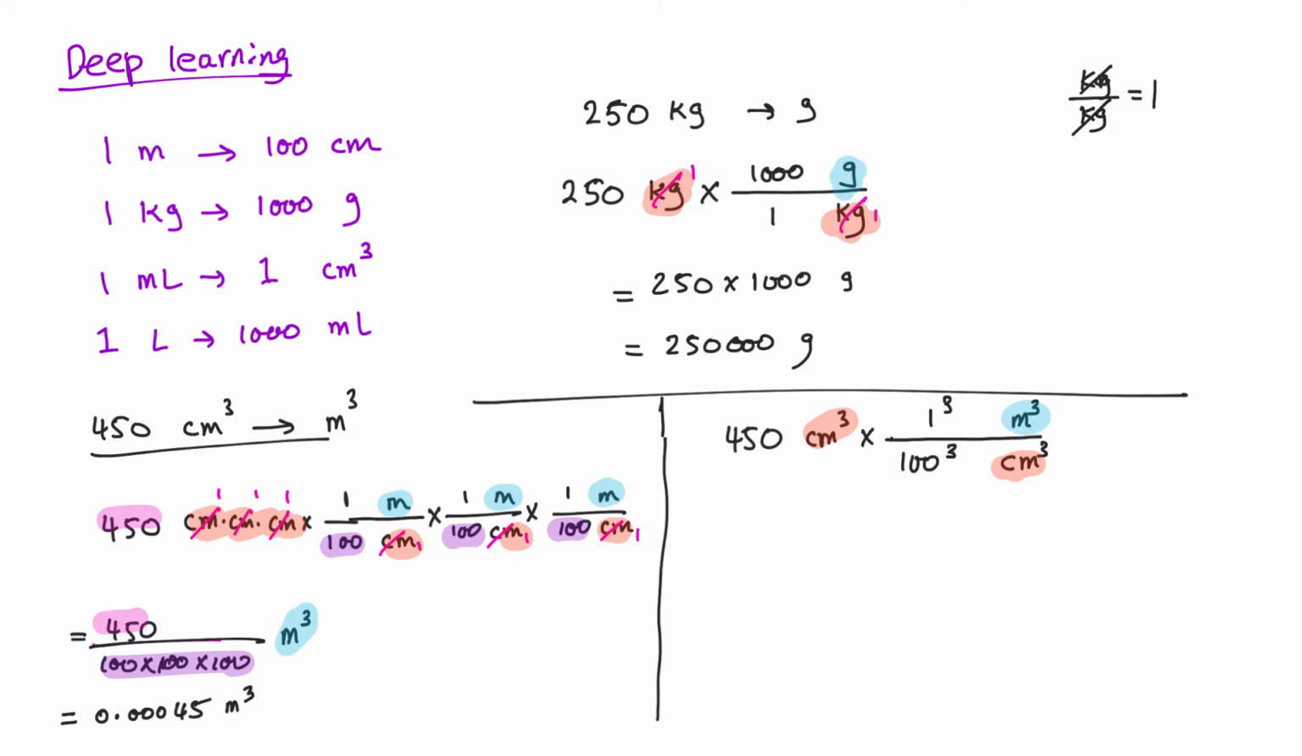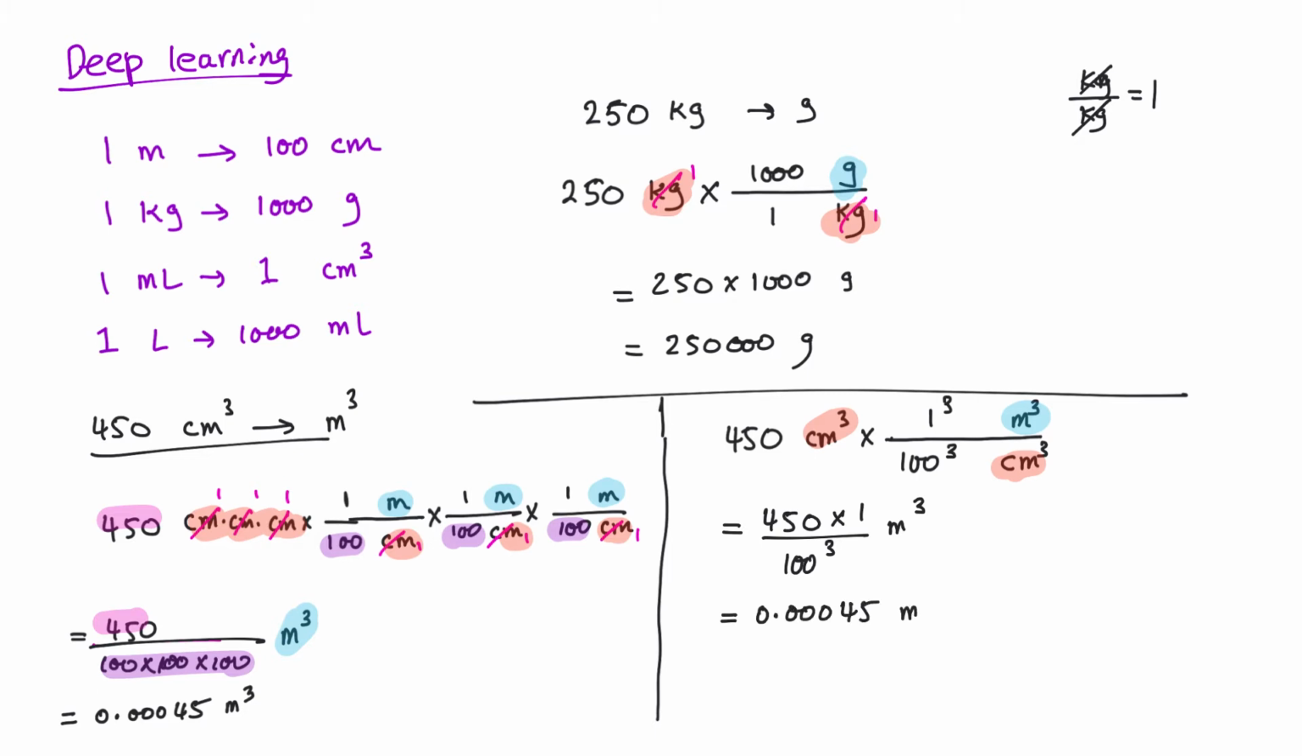And you can just write it as 450 times, in the numerator you have 1 cubed or just 1. You don't even have to write this one. And on the denominator you have 100 cubed. You can write it as 100 cubed, or you can write it as a million. You're left with meters cubed here, and your final answer will be